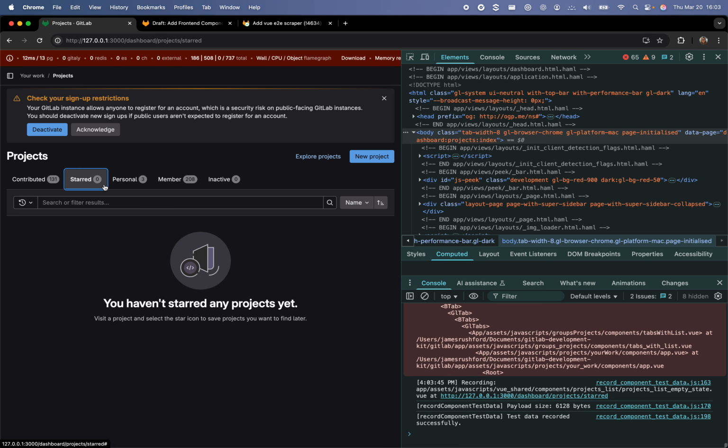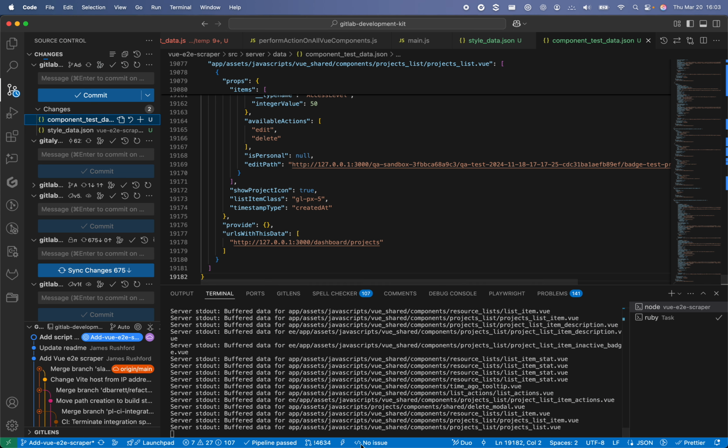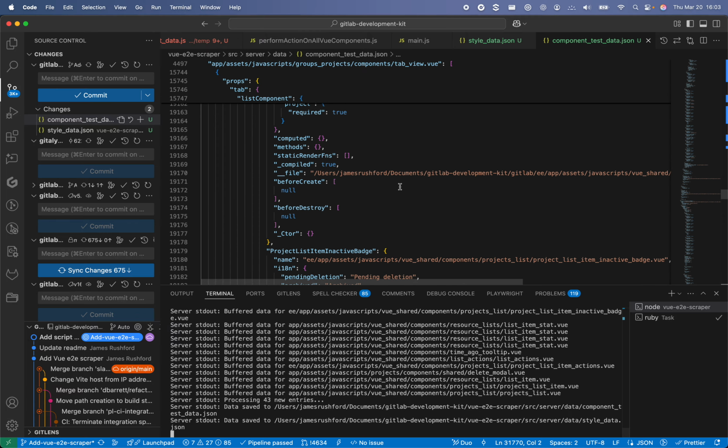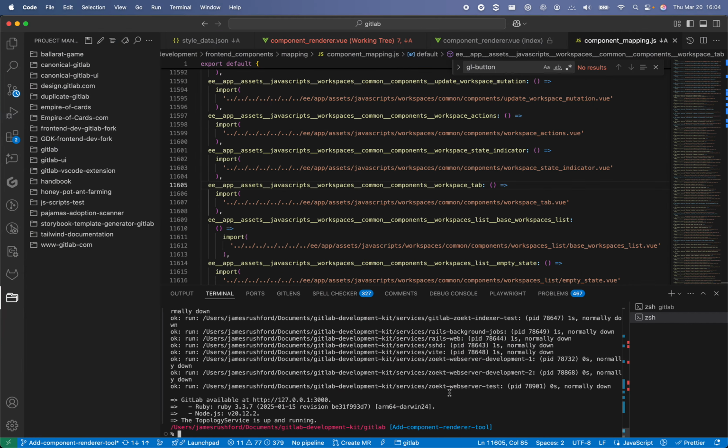So if you render a different page, you can see all of the components that are rendered on this page, and we're recording all of the data. That's how that works. The idea is, once we have this running, then we can run our end-to-end tests,